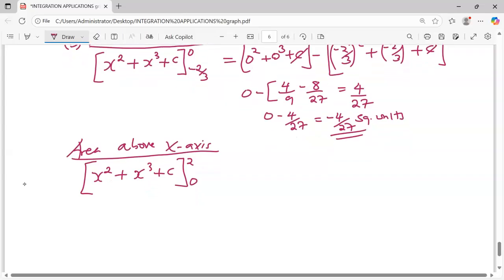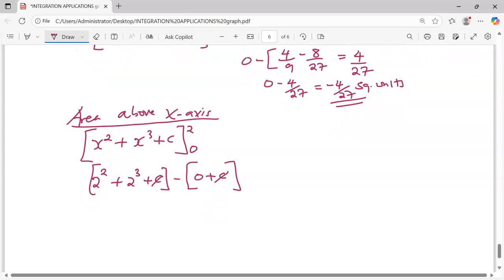We are going to have the x maximum value, which is 2. We square, plus x is 2 but cubed, plus c. We minus the substitution for the lower value, which is going to give us 0 plus c. C minus c will give us 0, and therefore we are going to have 2 squared will be 4 plus 8 minus 0, and this gives us